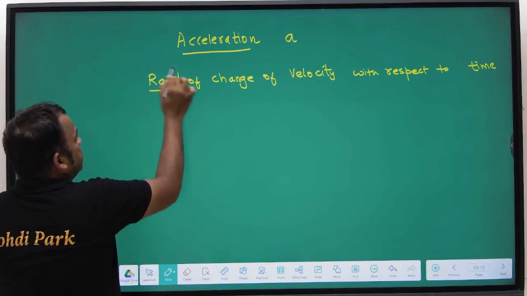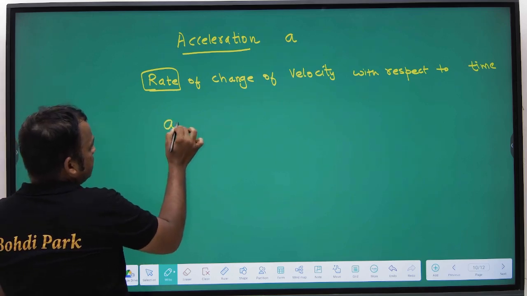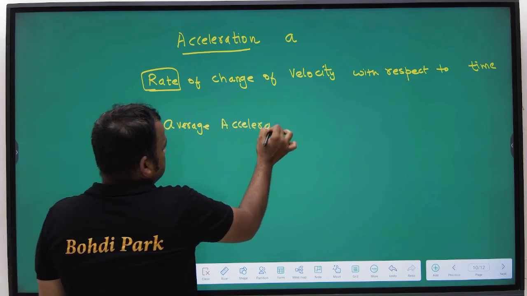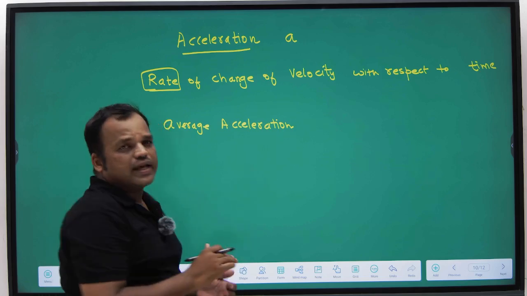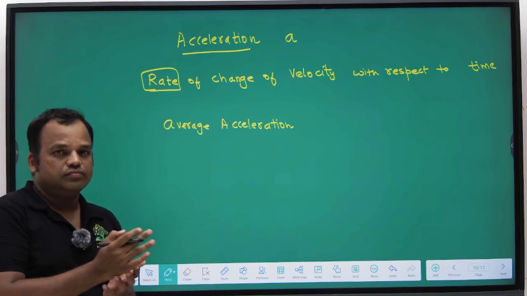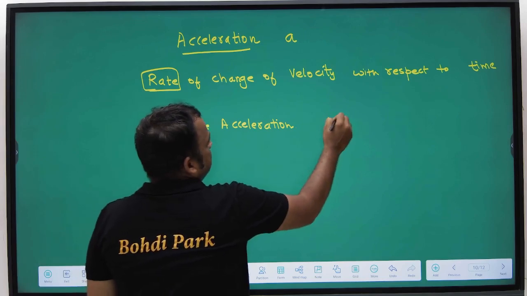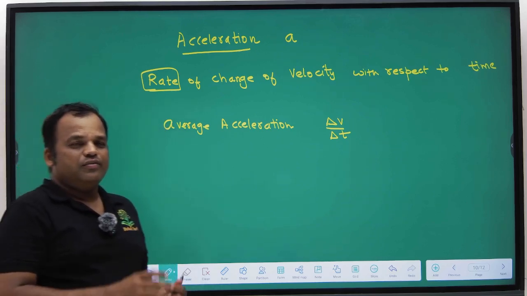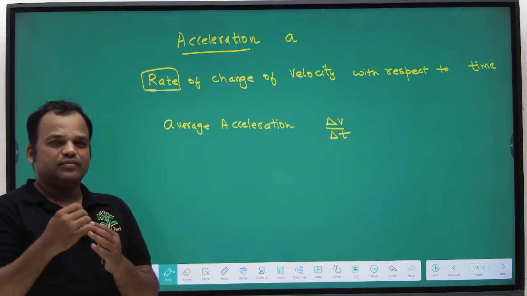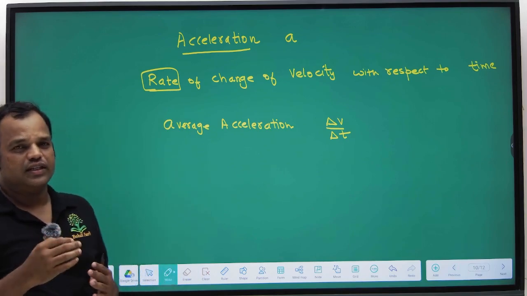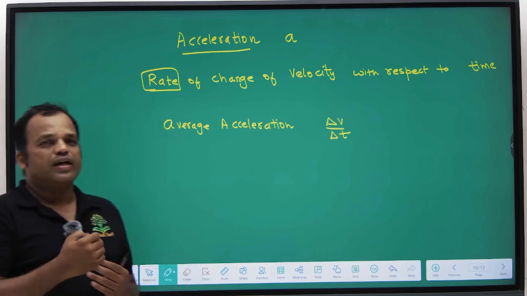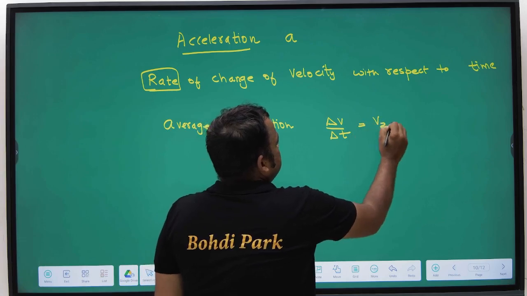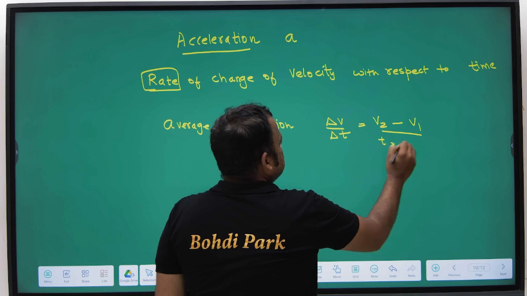So again it is a rate, so we can say average acceleration. When we say average, it is denoted by delta. So average acceleration will be delta v by delta t. Now, just as final x minus initial x is delta x, delta v means final velocity minus initial velocity. So it will be v2 minus v1 by t2 minus t1,